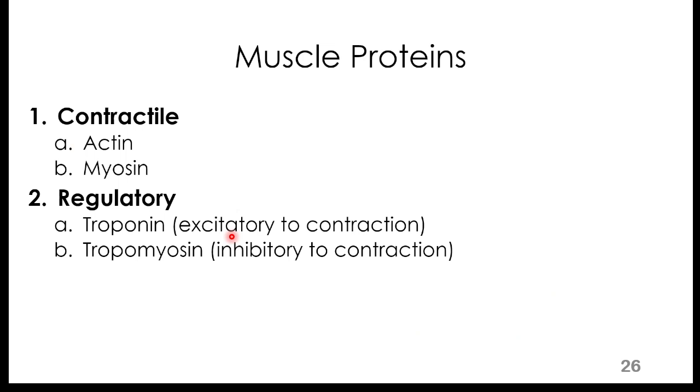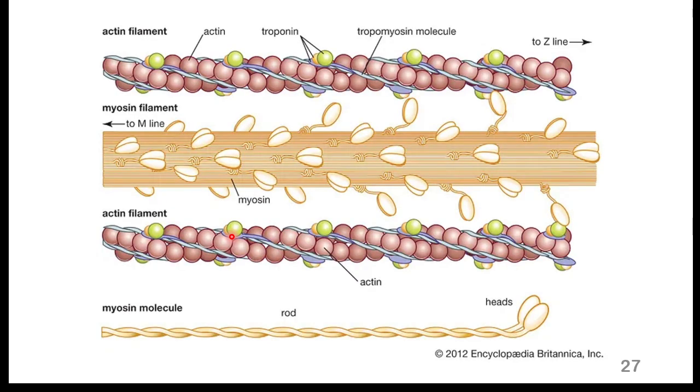All right. So now we'll talk about the types of muscle protein. We have contractile proteins, and we have regulatory proteins. Of the contractile proteins, we have two: actin, which is referred to as the thin filament, and myosin, the thick filament. Now, for the regulatory proteins, we have troponin and tropomyosin. Troponin is excitatory to contraction, whereas tropomyosin inhibits contraction. So